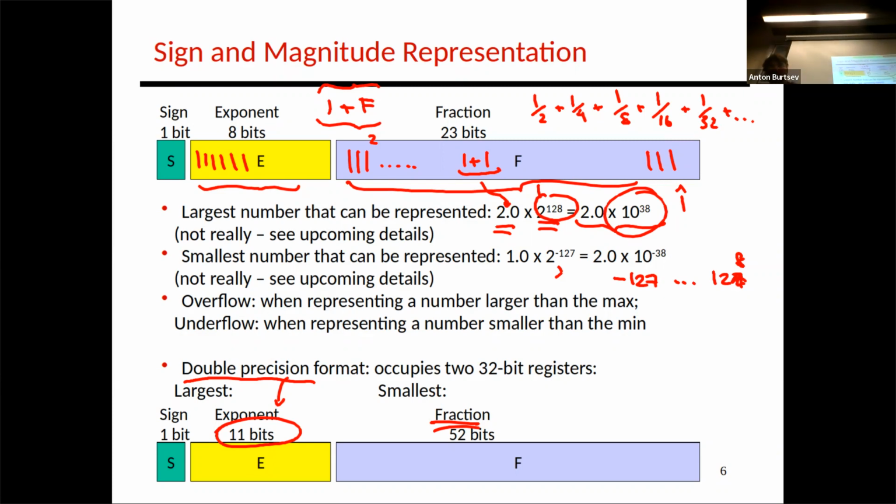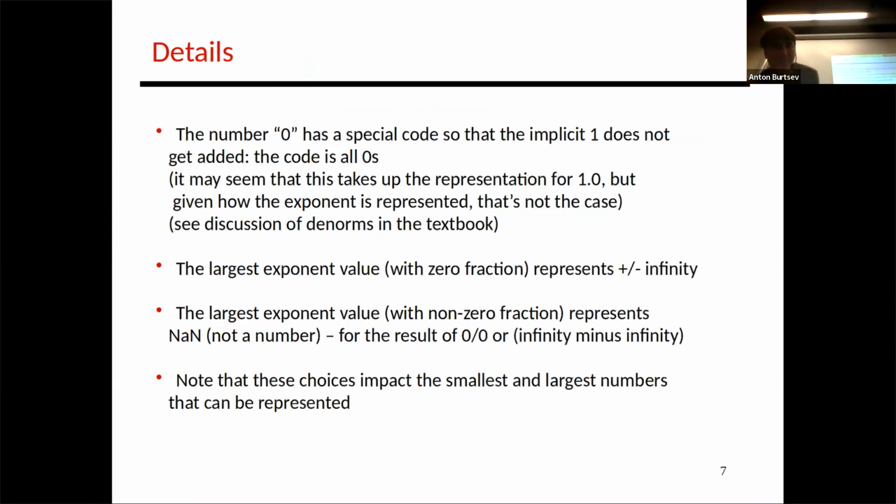Okay, so are we good right now on this basic representation of the number? We got the idea, right? It allows you to represent numbers which are close to zero and far away from zero with some sacrifices. So, a little bit of details. The number 0 is a special case, which means that all bits of the floating point are zeros, right? That's a special number here.